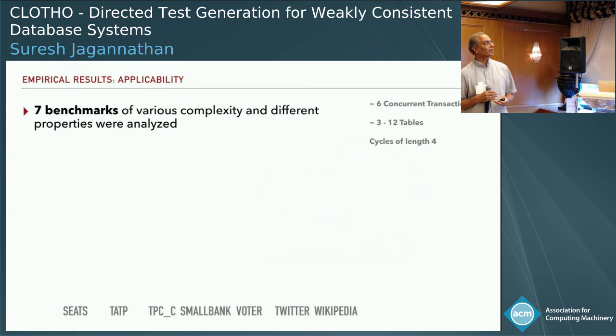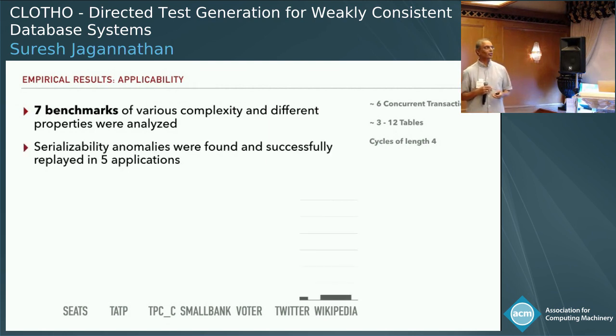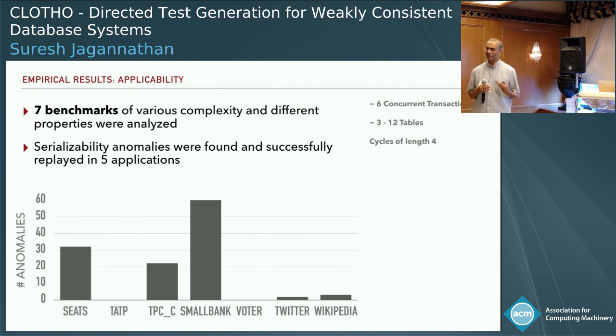Right, so let me just very quickly conclude with some results that we've got. We looked at a number of OLTP benchmarks similar to TPCC, and we tried to understand how many serializability violations we could discover in 15 minutes. So we bound the time to be 15 minutes, and we tried to discover all cycles of length 4 within that time bound. In some cases, we were unsuccessful. So TATP, we couldn't find anything. But for a number of other serious applications, SEATS, SmallBank, TPCC, we discovered a non-trivial number of errors. So there's promise to this approach. How far we can push it remains to be seen.